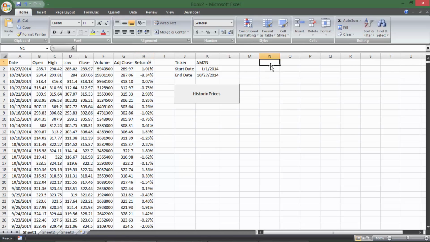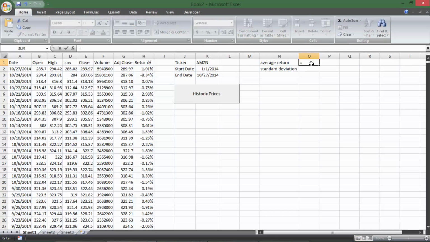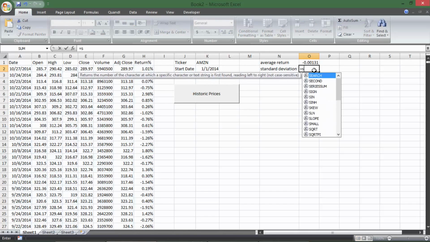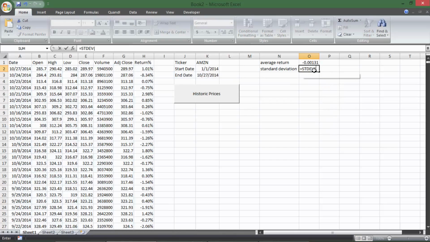Then if we want, we can go up here, we can say average return and standard deviation. And I'll open those up, and then so the average return is average, so equals average of that, and equals STDEV, which is standard deviation,